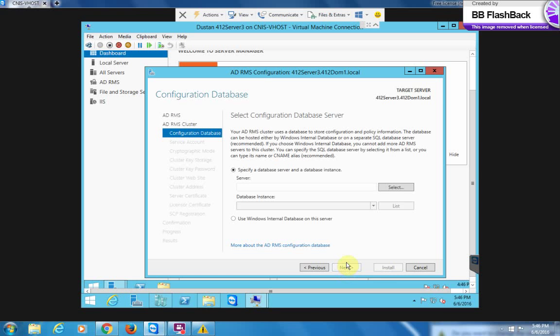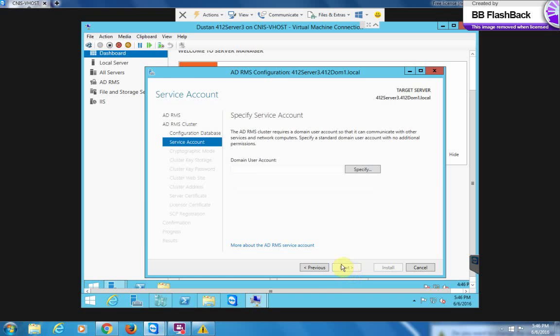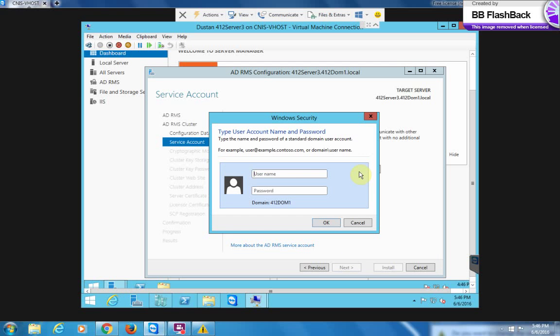In the configuration database window, click the Use Windows Internal Database on this server option. Click right here, then click Next. In the service account window, click Specify. In the Windows Security dialog box, type ADRMSSVC, and then our password we created,